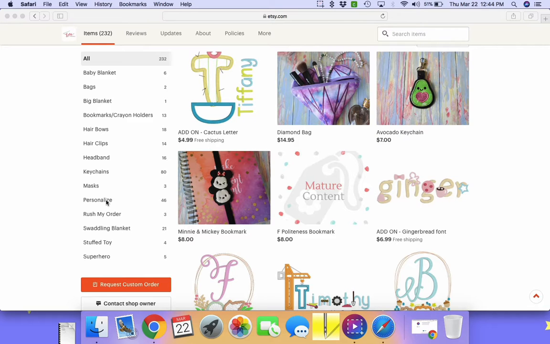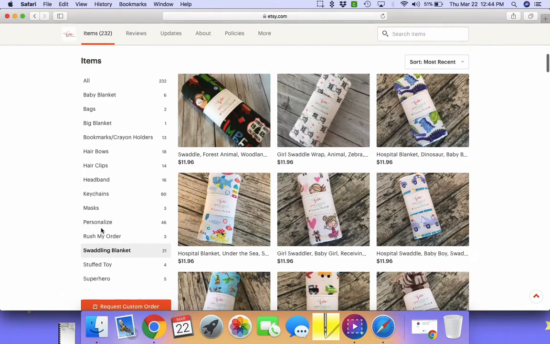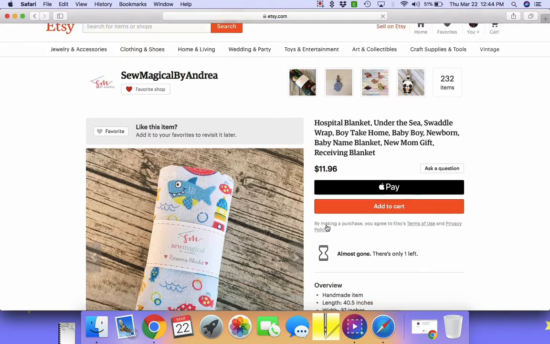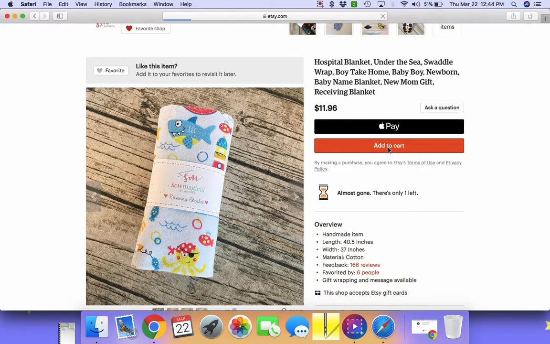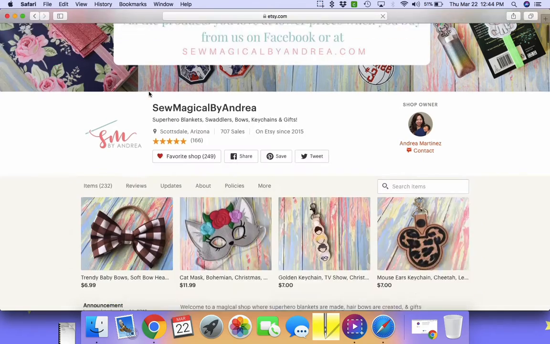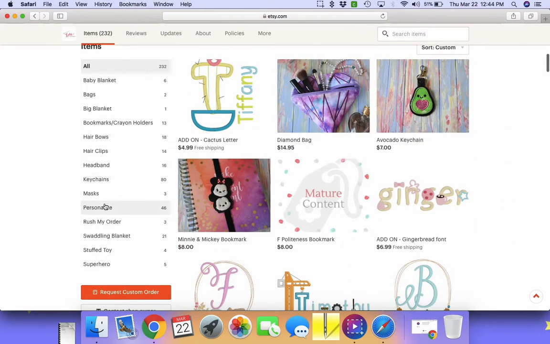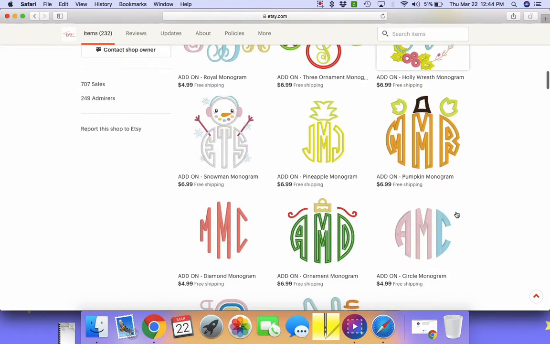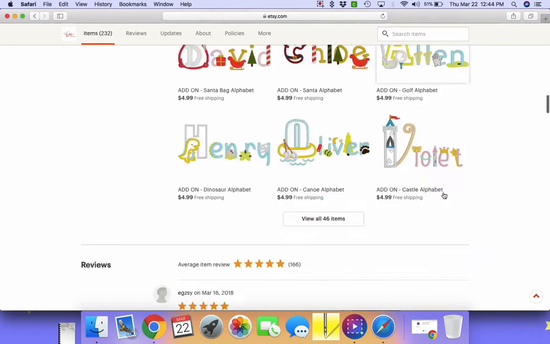So we're going to go ahead and start off by choosing a receiving blanket. I'm going to go ahead and pick the one that I want. I'm going to add it to my cart. Now I also want to add a name to this, so I'm going to go back into So Magical by Andrea. I'm going to go down to the Personalize tab, and I'm going to look through all the different add-on